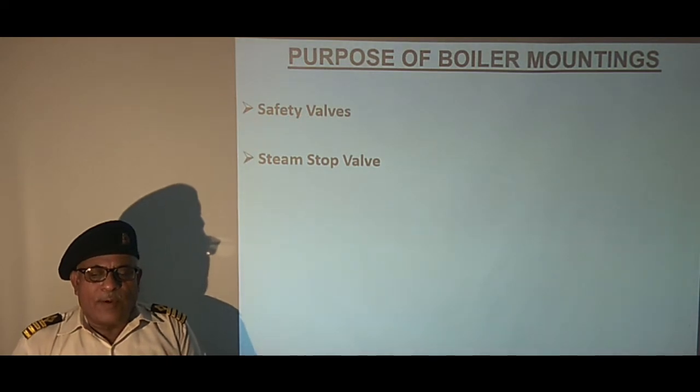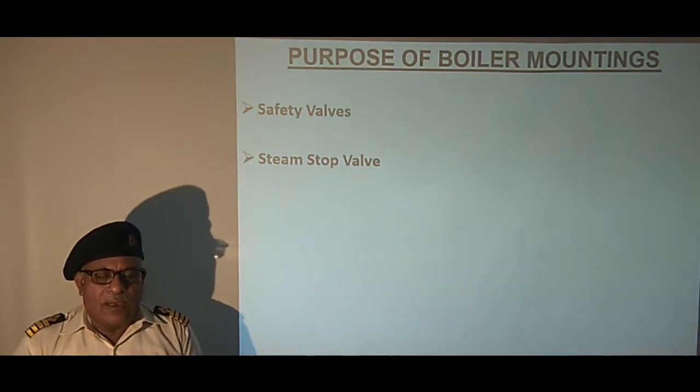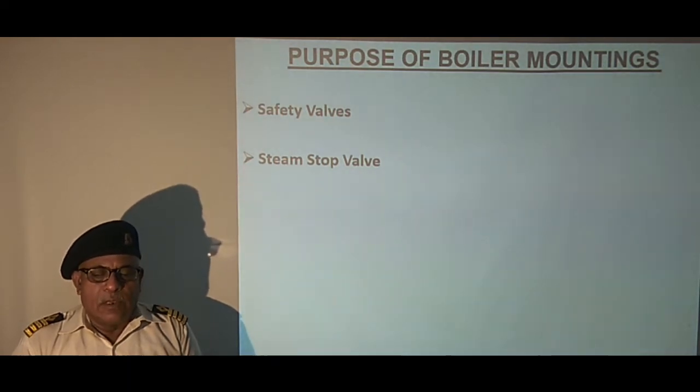Steam stop valve is mounted on steam drum in auxiliary boiler on the motor ships where saturated steam is required. Main boilers on the steam ships are equipped with steam stop valve on the superheater outlet header to provide superheated steam. Steam stop valve is often equipped with a small bypass valve for warming up the steam line before opening the steam. This arrangement prevents damage to the steam stop valve from wire drawing effect of steam if used for warming up the line.